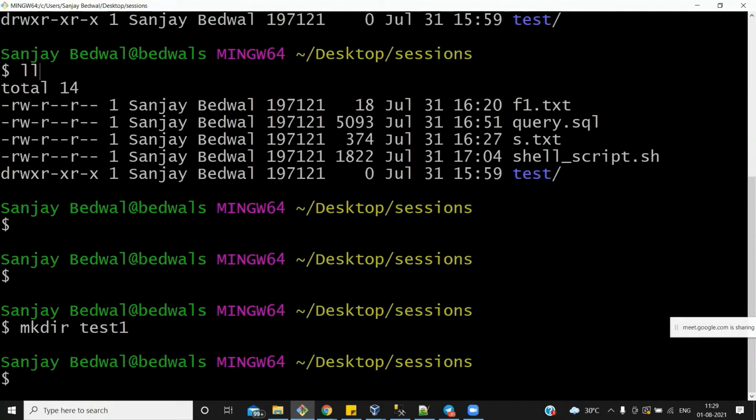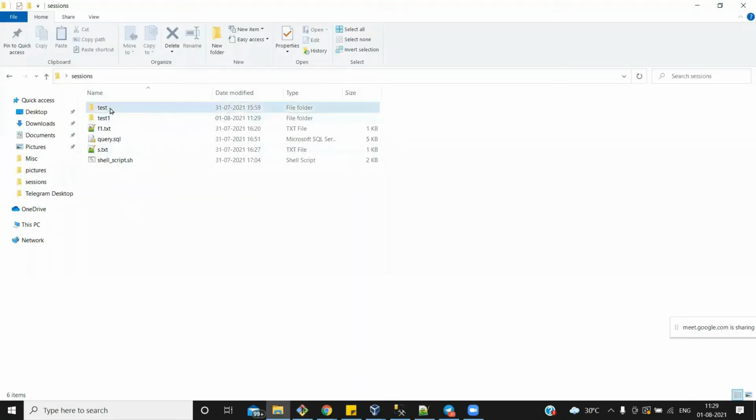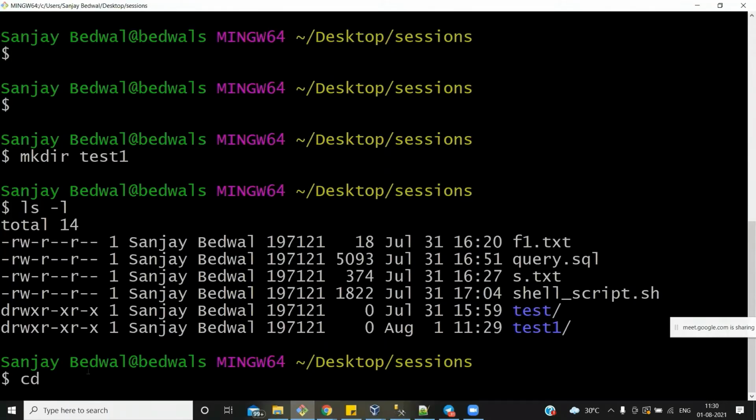Okay, now we have to cross check if the directory got created or not. We can again run the long list command, which is ls minus l. Okay, let's make a habit of ls minus l rather than ll. Let me run it. Now see, it printed that at 11:29, which is my system time, it created the test1 directory. How do you know it's a directory? Because it starts with the D character. Similarly, you can see it in the backend also. See, this folder I have created just now at 11:29. cd corresponds to change directory. I want to change my directory.